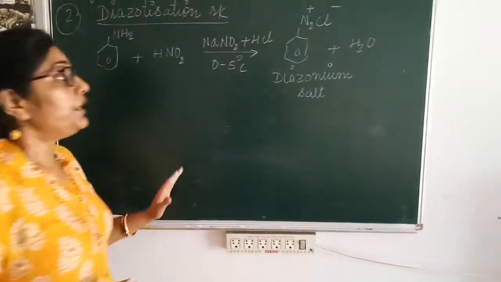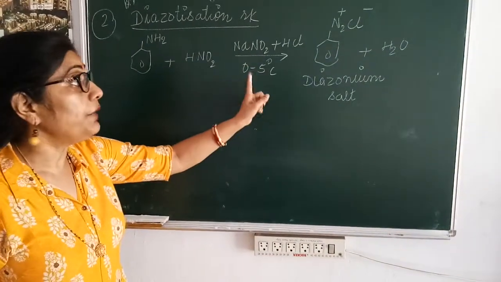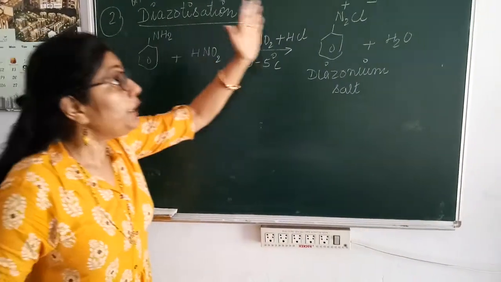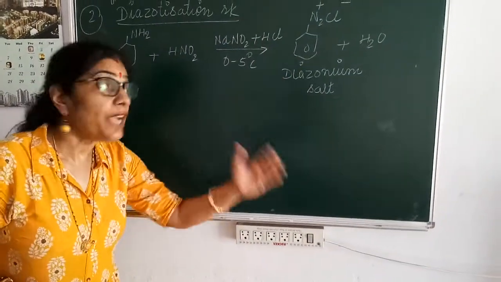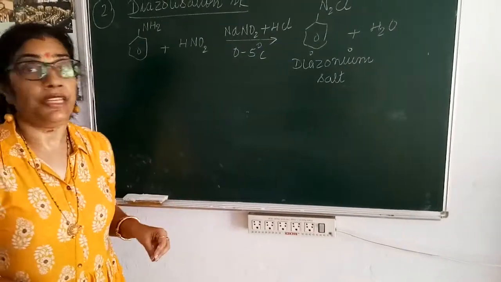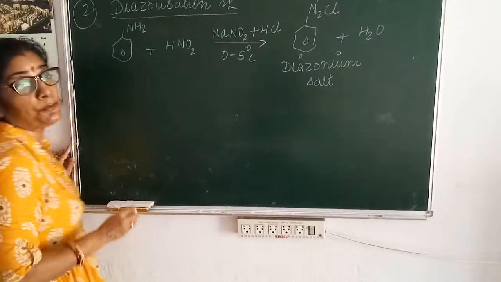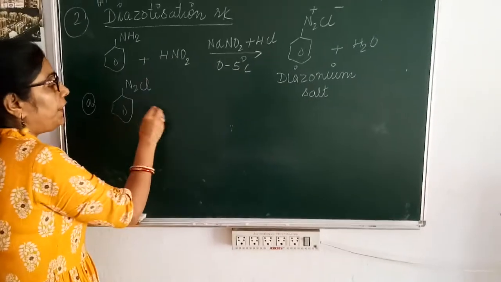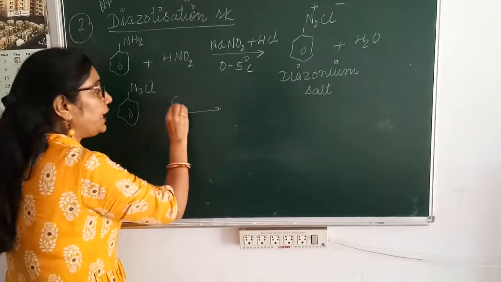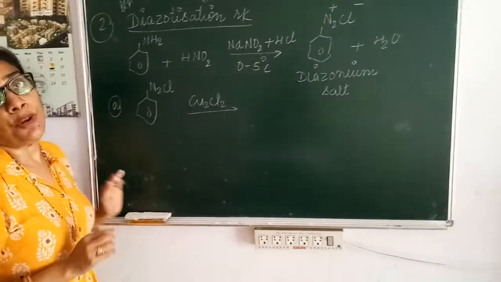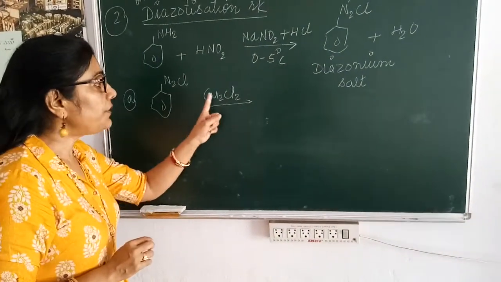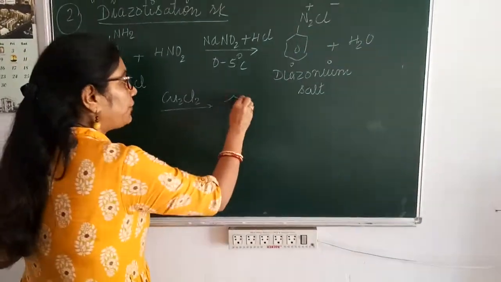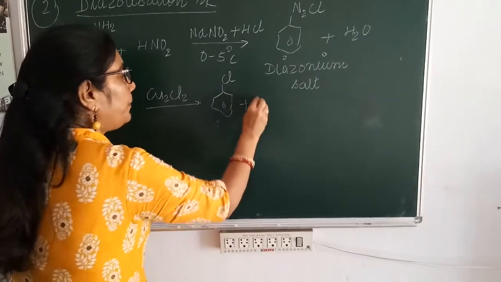So, my dear students, this reaction is very important, by which we prepare diazonium salt, and the name of the reaction is diazotization. Why do we prepare it? Because it is required for the synthesis of haloarenes. So the first step would be to prepare the diazonium salt. Now you see, when this diazonium salt reacts with Cu2Cl2, that is cuprous chloride, copper 1 chloride. Either you can write Cu2Cl2 or CuCl in presence of HCl. The product will be chlorobenzene.